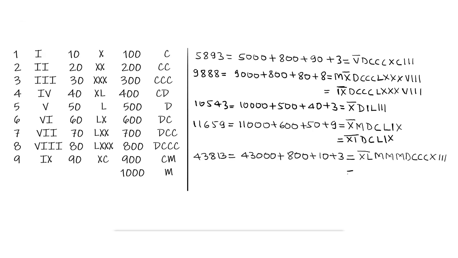This can also be written as, we directly write 43 and put bar over it. That is XLIII bar, and remaining are same. That is DCCC XIII. Next number we are writing